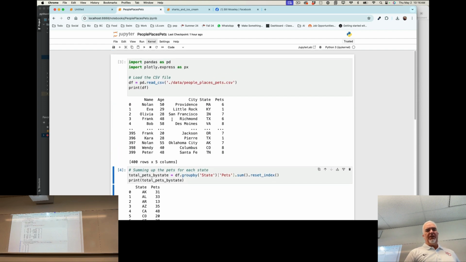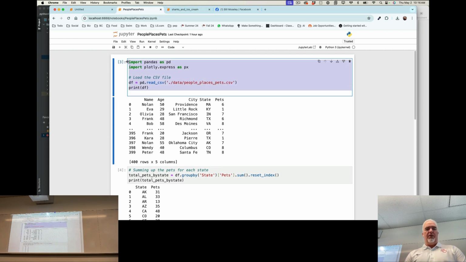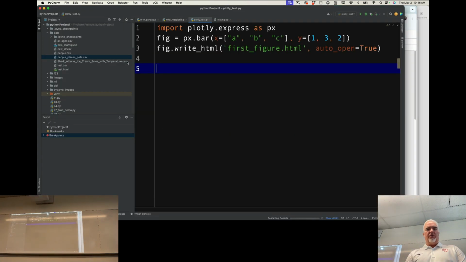But there's a lot of interesting things about this data that you can illustrate. So the data and the sample code from today, I'm going to post right now. And as soon as that's up, you can start playing around with that. You can use Jupyter Notebook, but you can also use